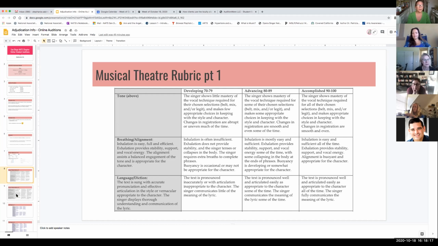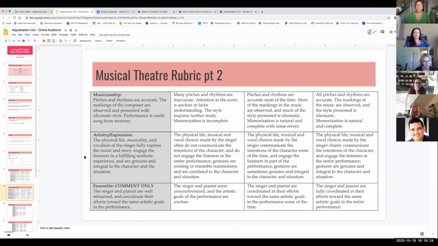Okay. All right. So we've got the rubric for tone, breathing alignment, language and diction, and then our musicianship, the artistry and expression. And then for ensemble, comment only, that is between the singer and the accompaniment or the accompanist. And so we are asking to make sure to take into consideration that this is the first time that we've done this online. And the kids, I'm sure most of them are probably crushing it and they're just like, oh, this is really easy.